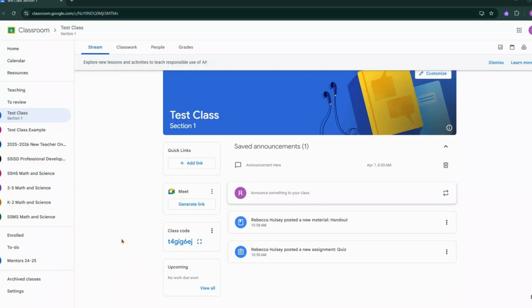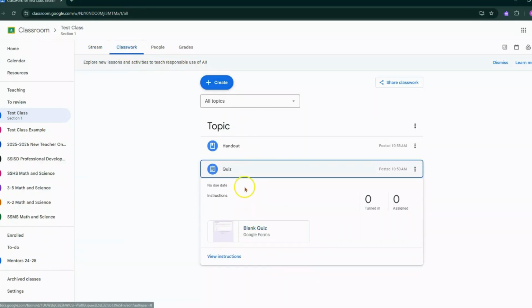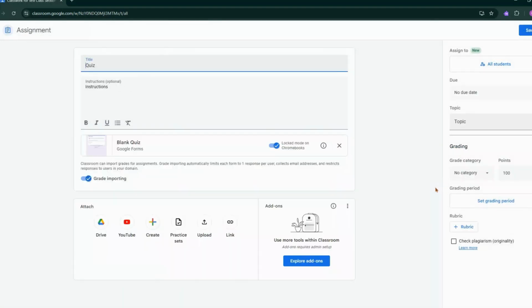So we just set up our grade categories under our settings. If you remember from earlier when we were creating assignments, it had that option of setting a grade category. So we're going to go back to our classwork, and I'm going to select that quiz that we were working on earlier, select the 3 drop down, and select edit. I can then go over to that right hand side, and you'll now see the grade category. I can assign it as a test grade or a daily grade depending on what I'm needing to set that assignment for. I can still set the number of points if I want it on like a 100-point grading scale,